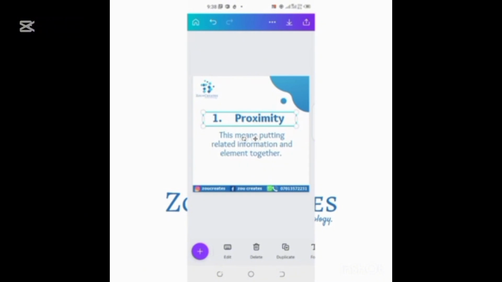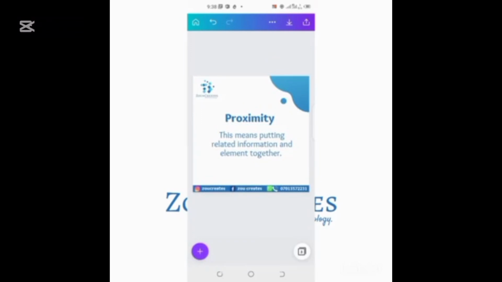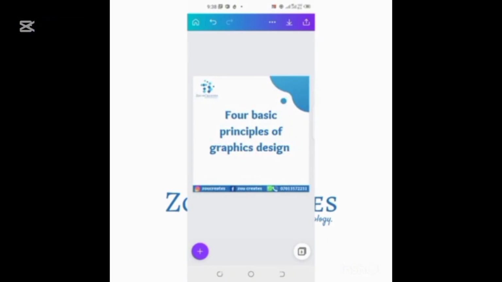And you can decide to remove this one. Then, first, you know that when you are posting on Instagram and you say 4 basic principles, you want people to know that they should scroll. You click on this plus here